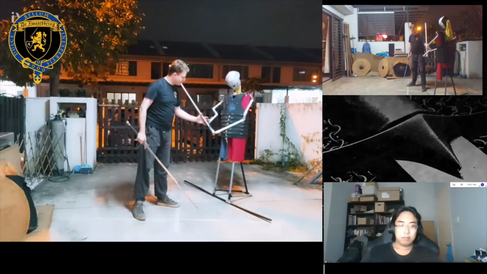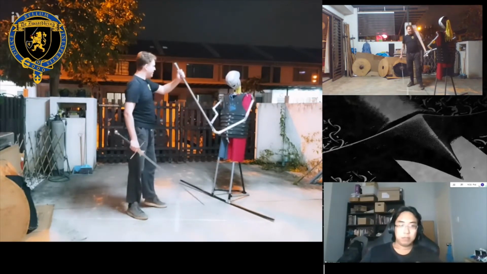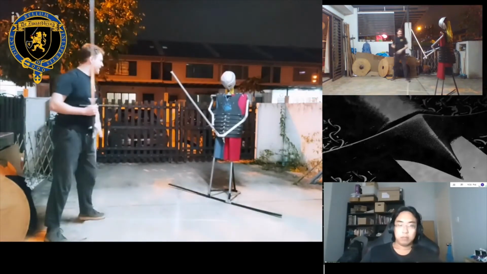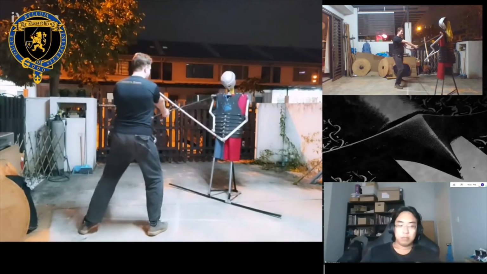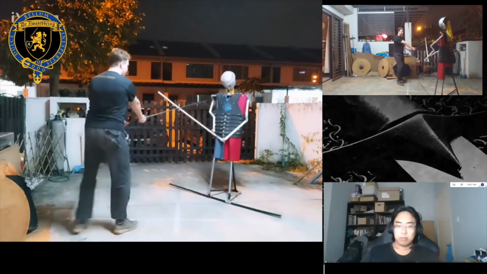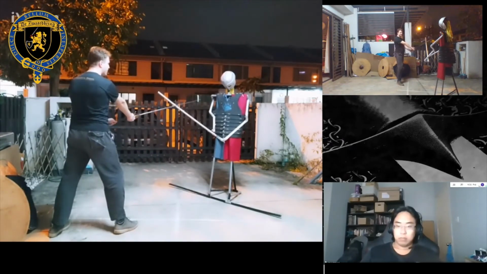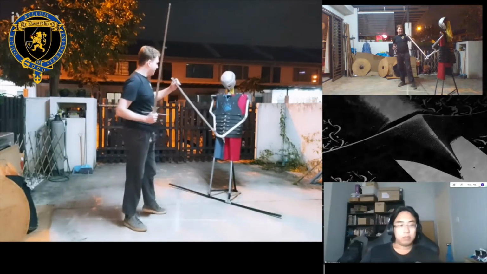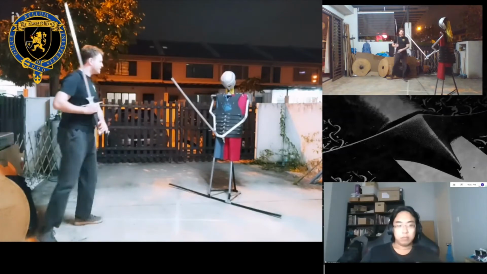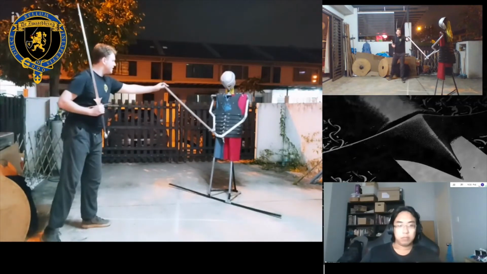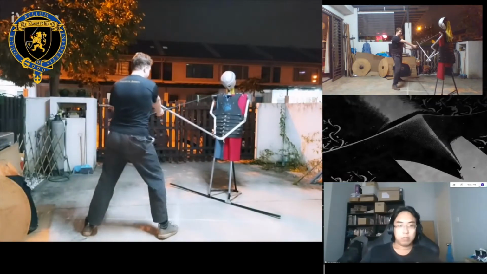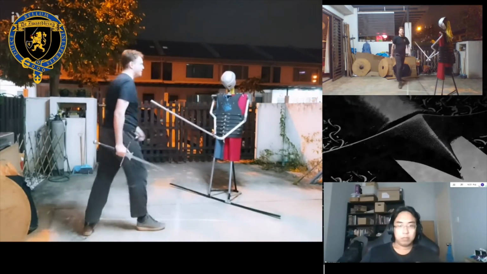So the idea is that after my cut, even if I come into contact with his sword, I push his sword aside and have ansetzen at the ready. So even if I'm a little bit further away, I have ansetzen at the ready, so I can immediately follow up with a thrust. So again, he has a sword pointed on me, I cut his sword aside here, and thrust in at him. And this can happen